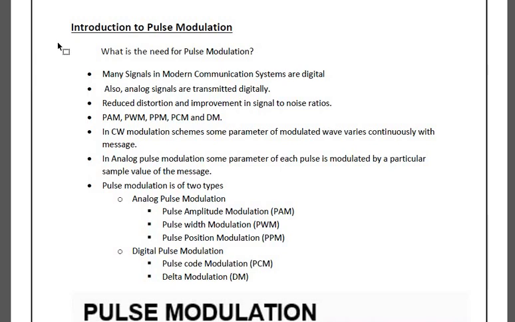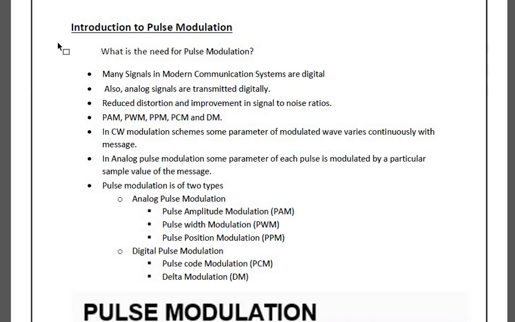I have just given the idea of the difference between pulse modulation techniques and digital modulation techniques. Digital modulation techniques are amplitude, frequency and phase shift keying. Pulse modulation techniques in digital communication are pulse code modulation and delta modulation, and again in pulse code modulation you will be having differential pulse code modulation, and in delta modulation one more is there, adaptive delta modulation. So this is the difference between digital modulations and pulse modulation techniques.